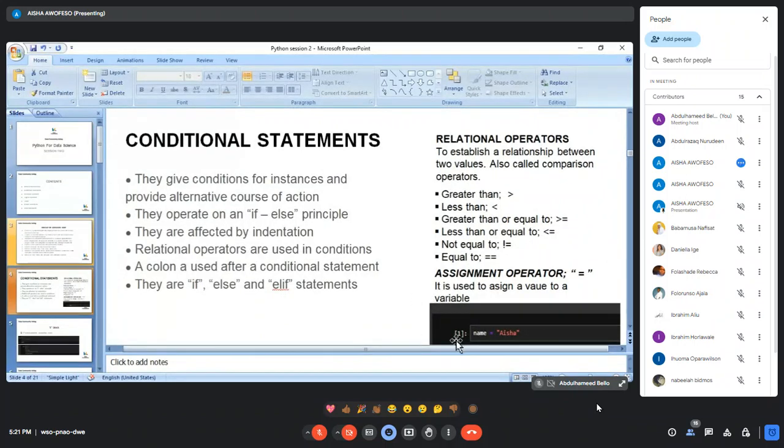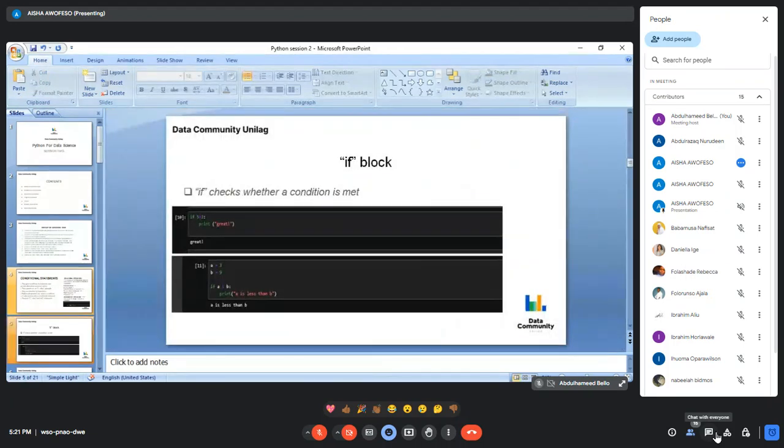Relational operators are symbols that are used to establish a relationship between two values, and they can be called comparison operators because they are used to compare things. For example, if I give a variable name,